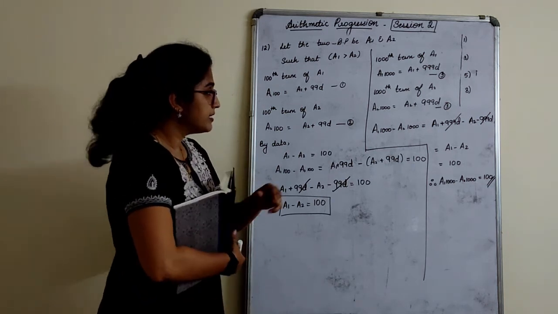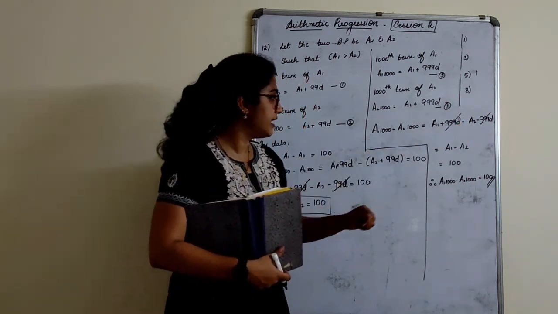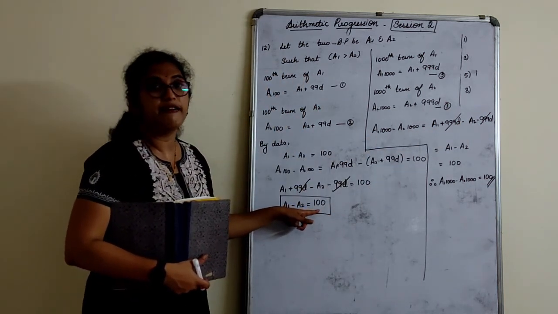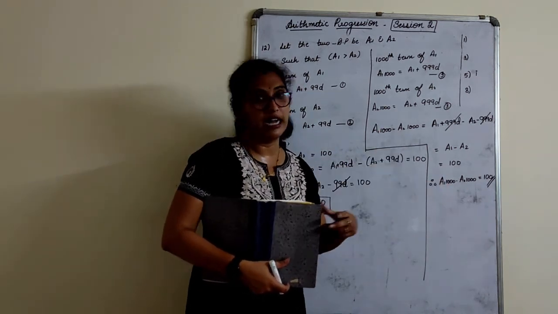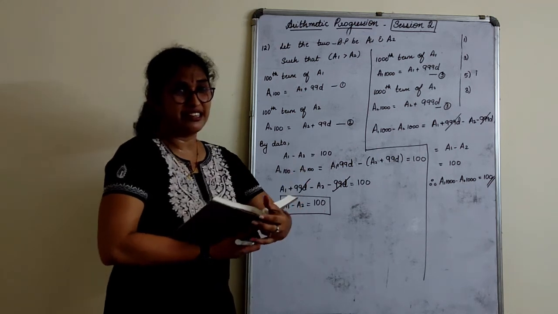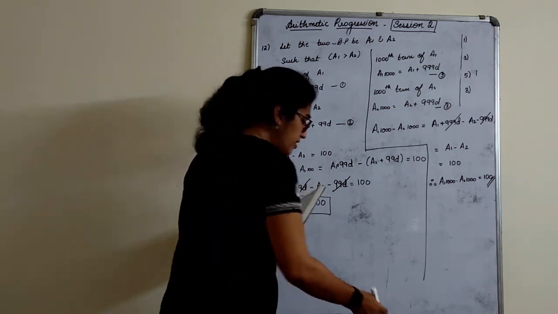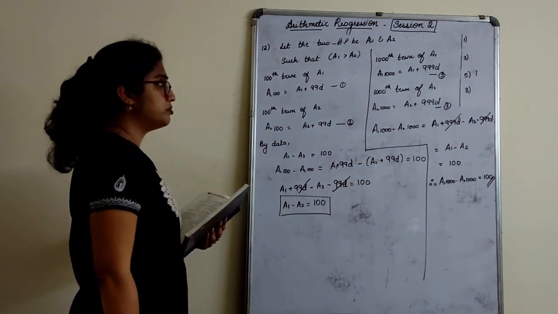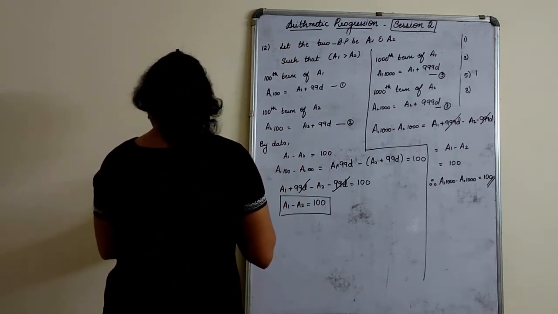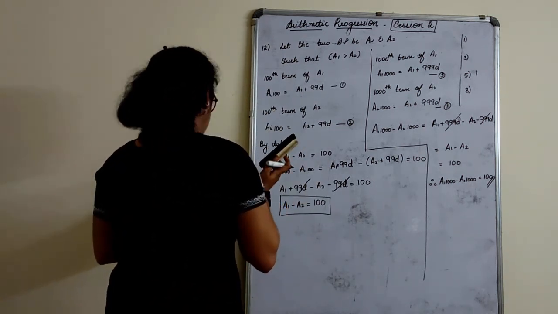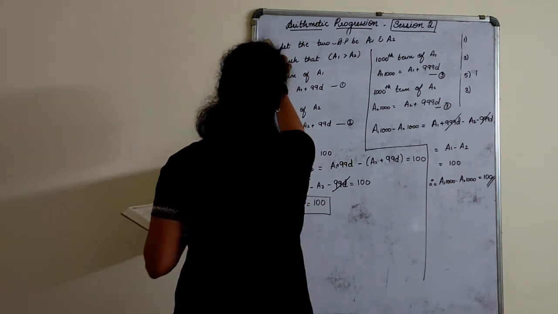Understood why? See, when we substitute, we again got A1 and A2. A1 minus A2 is already 100, proved here. So, the difference of the 1000th terms is also 100. Quite a different and a vague type of sum. No other numericals involved here. So, do it quickly. We will go to the next one, that is the 12th one. Yes, the 12th one is something important and you should know such types of questions also.